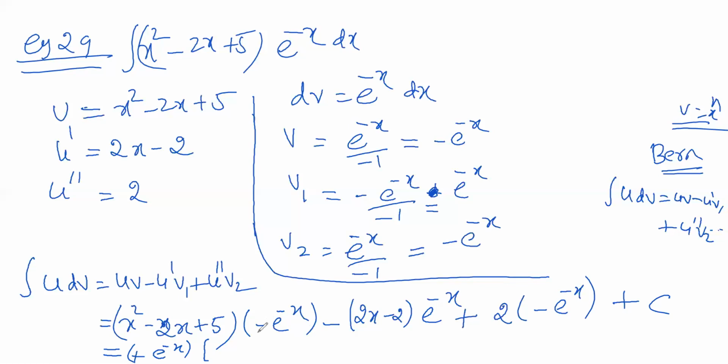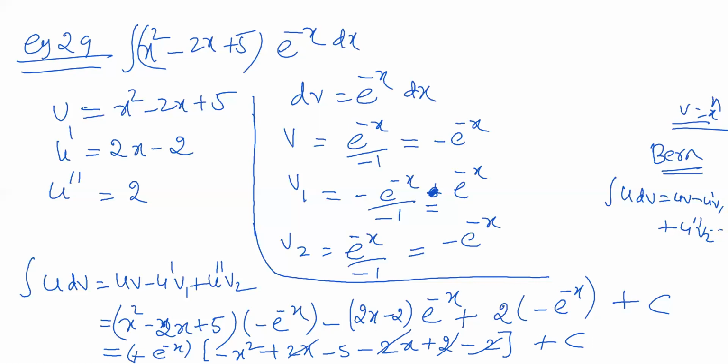So here is the minus. So the first term becomes what? Minus x squared, then plus 2x minus 5, right? Then e power minus x taken outside. So here this minus, remove the bracket, which becomes what? Minus 2x plus 2. Correct, ma? Then e power minus x taken outside. So what? Minus 2 plus c. Correct? Then plus 2 minus 2 get cancelled. Minus 2x plus 2x get cancelled.